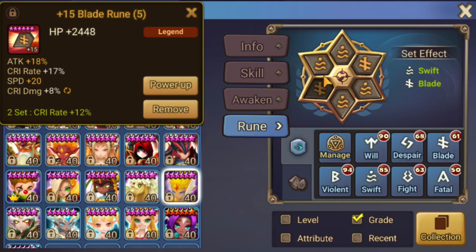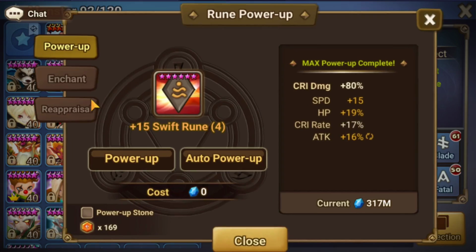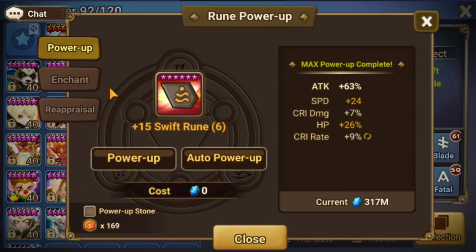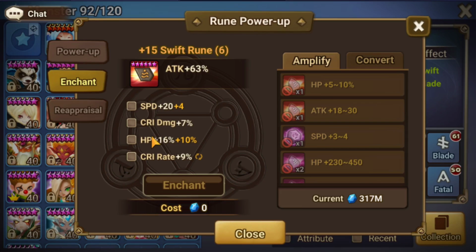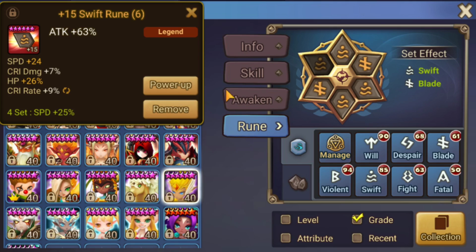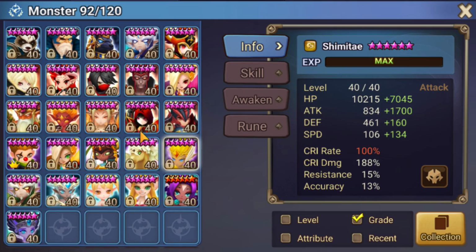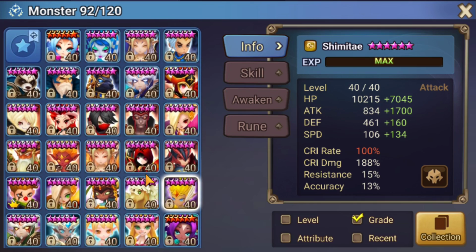Here it is. For example, this rune is legend, but it rolled HP here. So essentially it is a purple rune. Same here. This is a legend rune, but we've got a roll on HP, and therefore it's kind of a purple rune in my book for pure DPS. Anyways, still very good. So those are my core Cleave units, and we're gonna move on to some of the